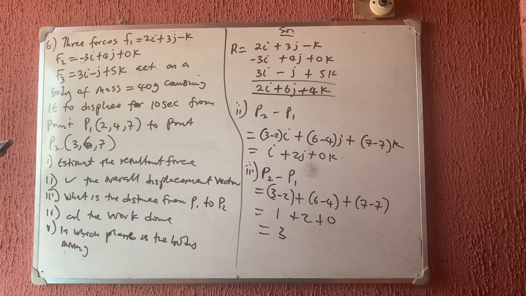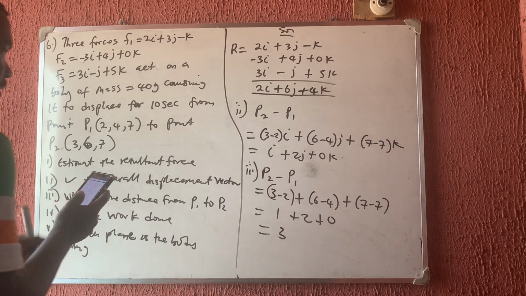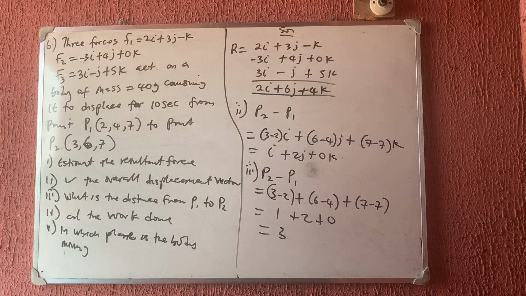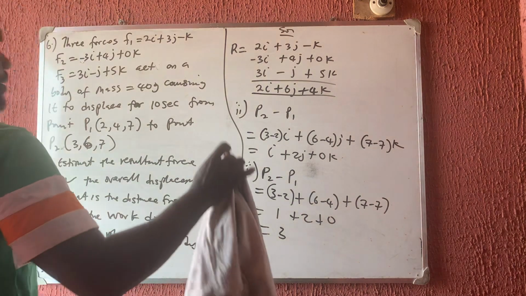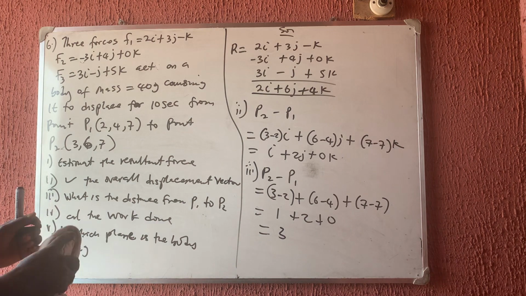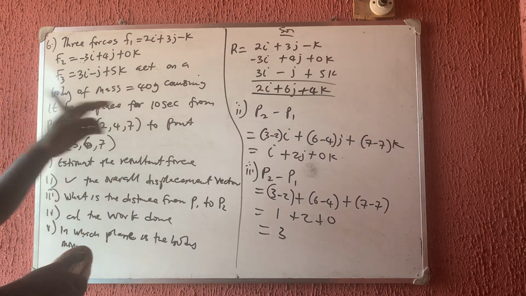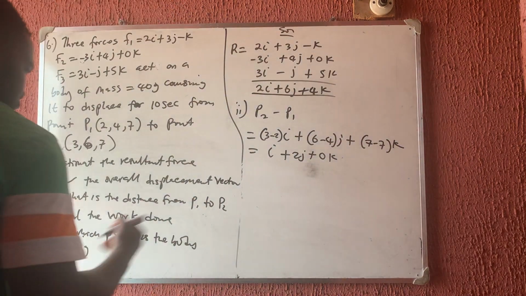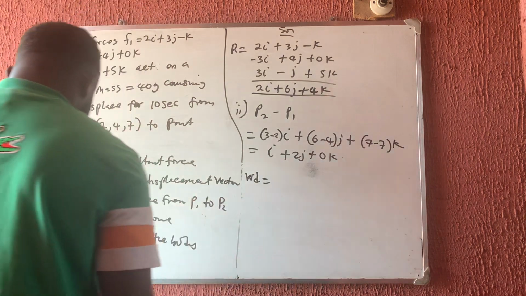So the next one they say we should calculate is the work done. Now don't forget that work done is a scalar product. Okay. So since work done is a scalar product, we just need to do the scalar multiplication of the resultant force and the displacement. That's all. So that is the work done. So the work done is equal to,